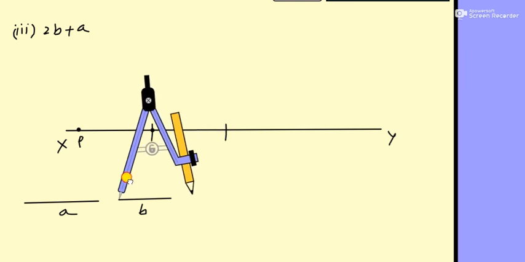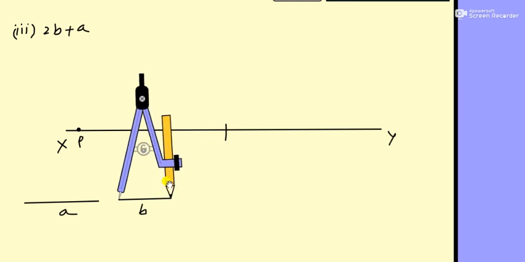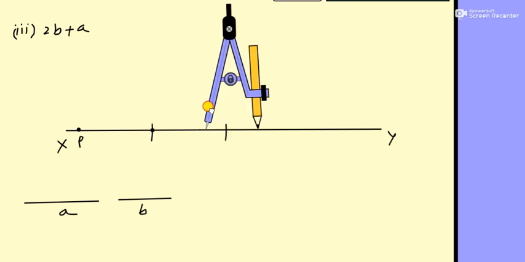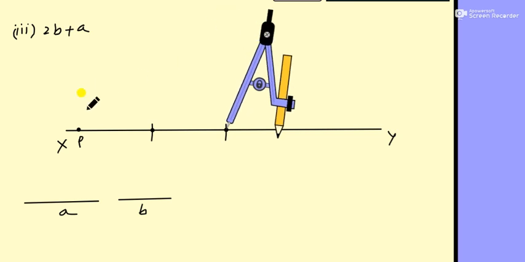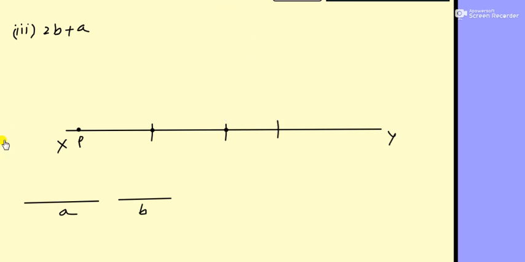Now let us take the distance small b. So we can take small b like this, and from this point make an arc like this. Yes, remove the roundel and put the name P, Q, R and S. So PS distance is, as you know, it is 2A plus B. So you have to write your steps of construction in your own words. So that is the answer.